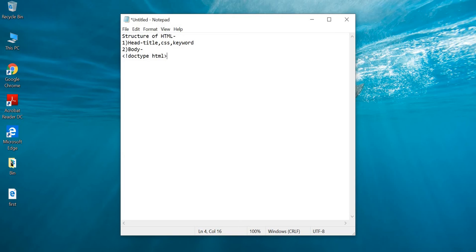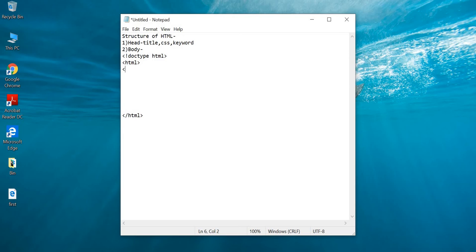The exclamation is not case sensitive, you can write it in caps also. Then after DOCTYPE, we have the HTML tag. This is your opening tag and this is your closing tag. What is the function of the HTML opening and closing tags? They wrap the content, whatever we write.